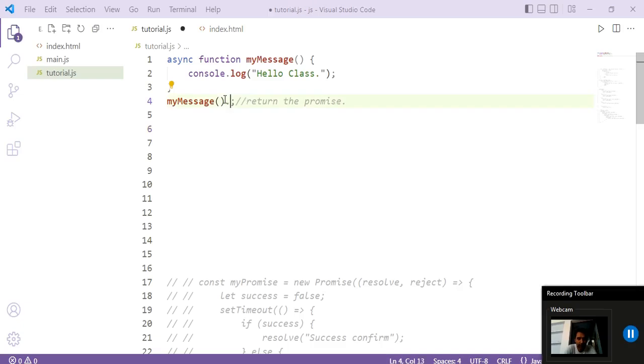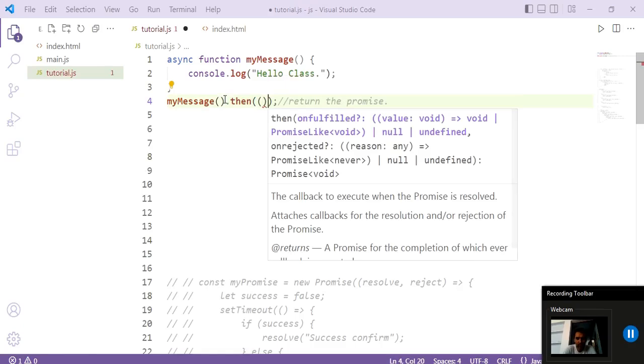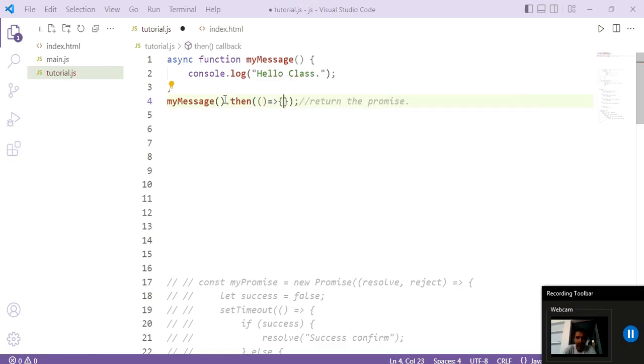So here I will write my message dot then, and inside it I will pass one arrow function. Let us remove this console.log from here and use return. So this async function, my message, is going to return us hello class, and this hello class will be wrapped in a promise, right?